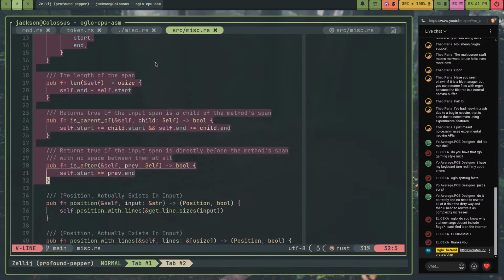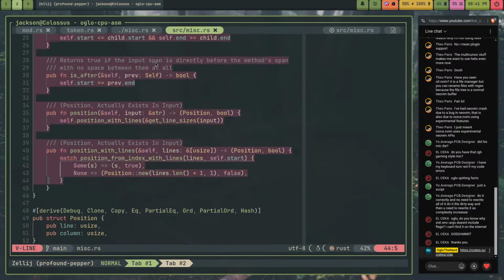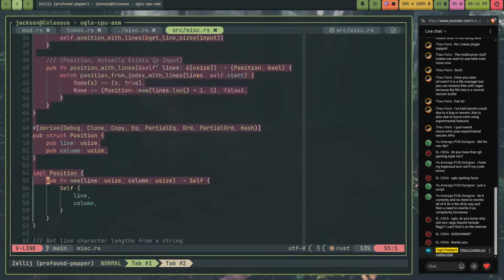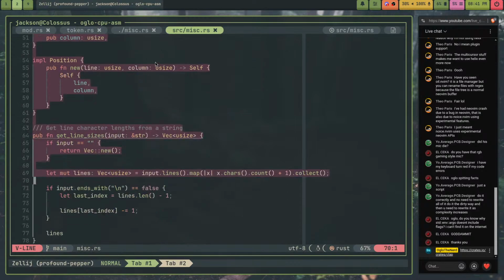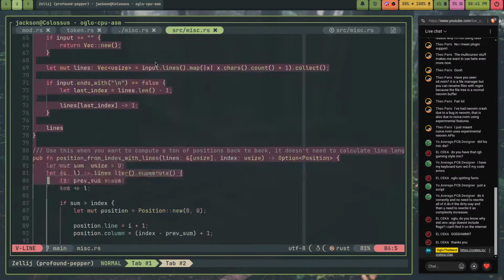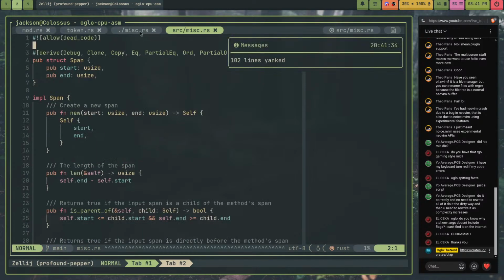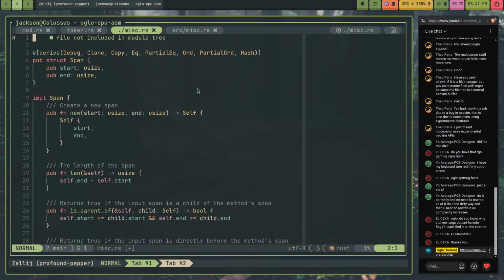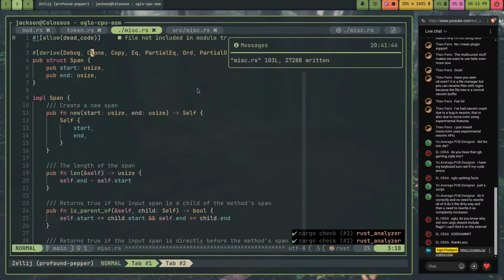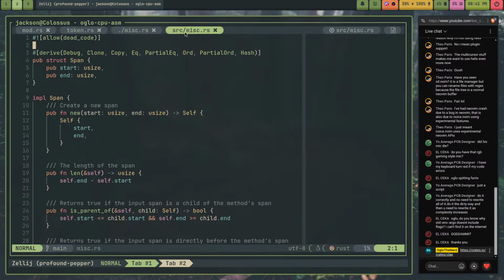Impulse span, new, len, is parent of, is after, position with lines. Oh, and also do my position type and all of this. So very, and I'll also do allow dead code. Did I type that right? Yeah, I did. Oh, it's just complaining that